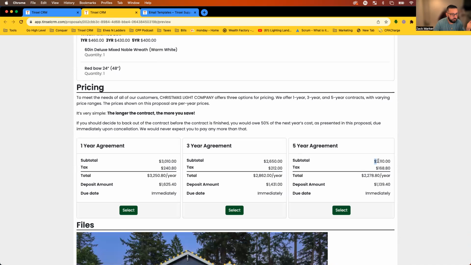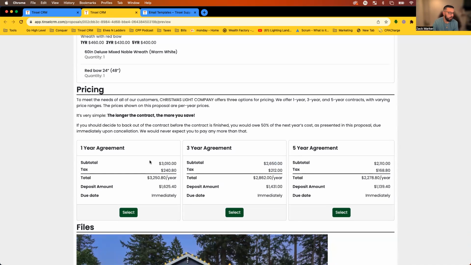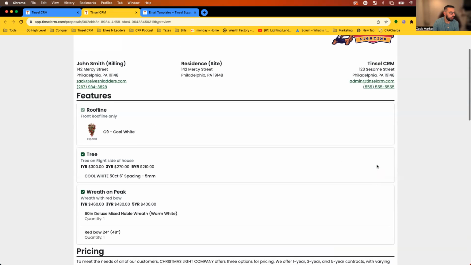If they do a 5-year agreement with us, it's going to be $21.10. If they do a 3-year agreement, it'll be $26.50 per year. If they do a 1-year agreement, it'll be $3,000 per year. And here is where I said that I like my 1-year price to be roughly 1.5 times my 5-year price, and that is because